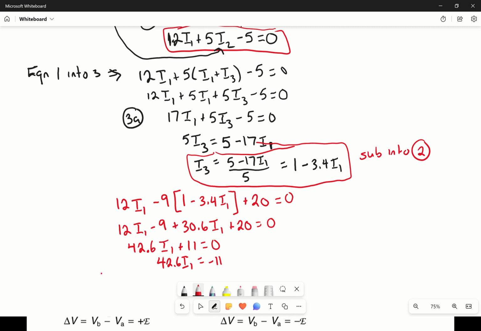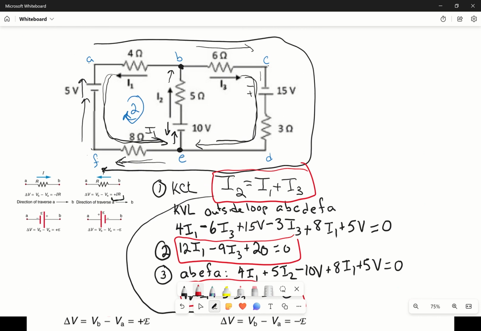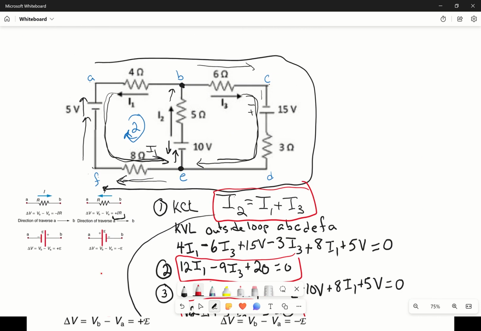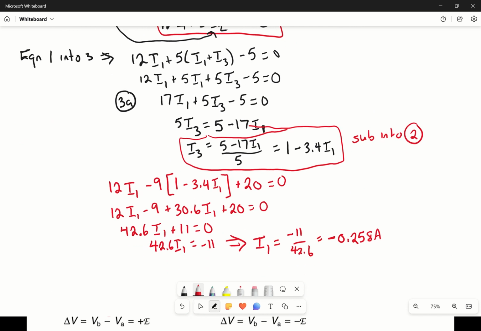So I1 is equal to negative 11 over 42.6, which gives me negative 0.258 amps. What does it mean that the current is negative? Well, all it means is that when we drew the arrows on the circuit, if I scroll all the way up, when we drew the arrows on the circuit, we guessed wrong. I1 should have been going around the opposite way to the way that it was drawn, but that doesn't matter. All right, so we'll go back. Now we've got an actual number for